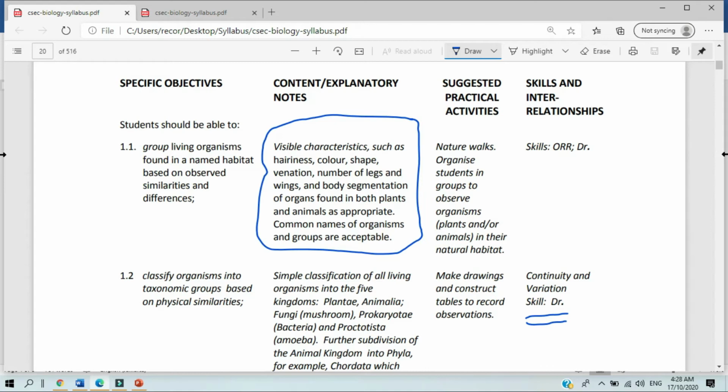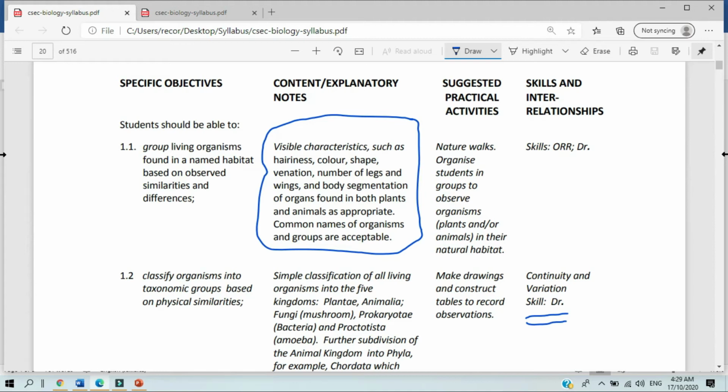in the natural habitat. Now you of course will need to do a table so the kids can record this activity. Now you are not going to be carrying the kids outside, however, for your COVID response, but you could ask them to just look around the home, be it just a single lizard on a tree. Some persons might be able to find 10 organisms, some persons might be able to find 20, some persons might just go out and see a bee on a flower, some person might see a red flower, a white flower, that type of thing. So whatever they are seeing outside as an organism, be it plant or animal, you ask them to record it in a table. Right? And we're going to be talking more about this when we do this actual lab to show you how it can be done